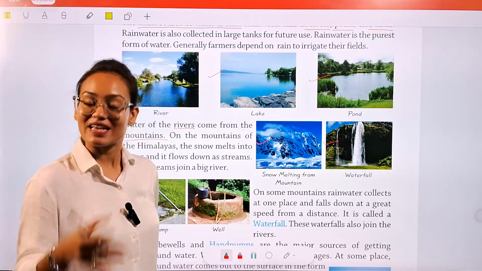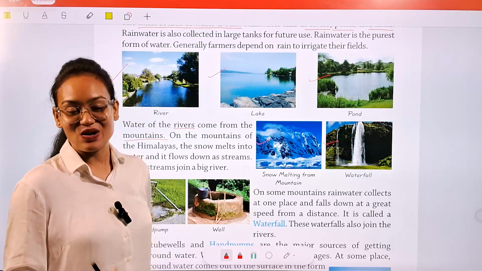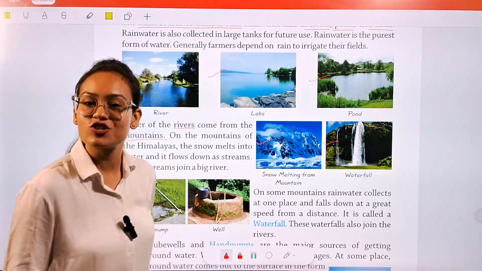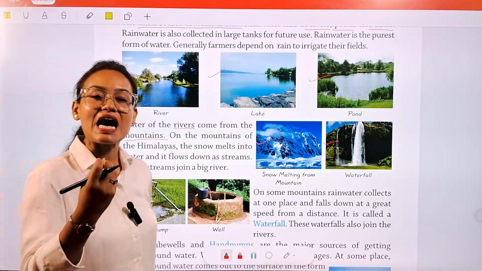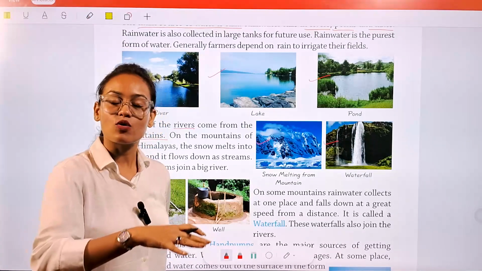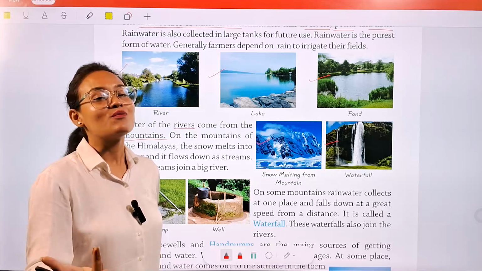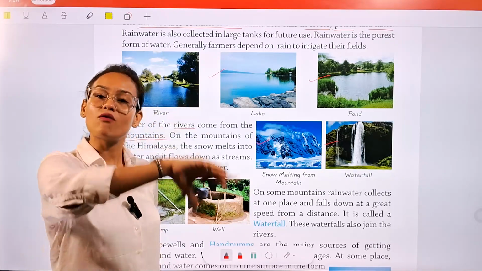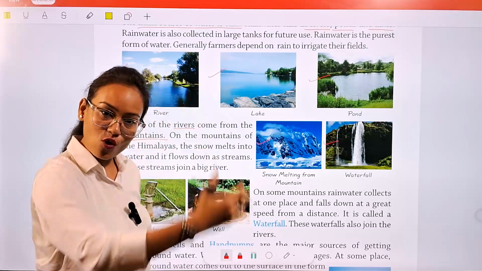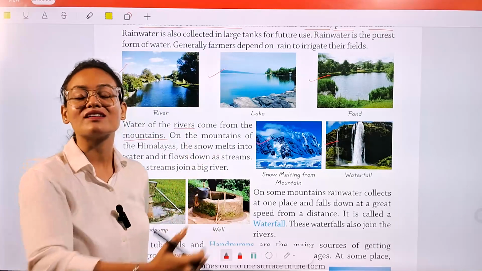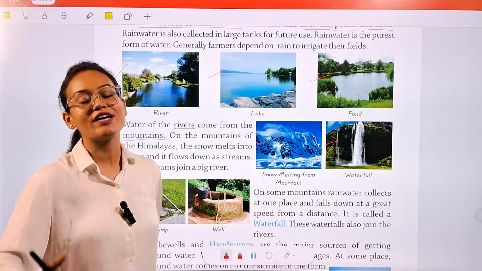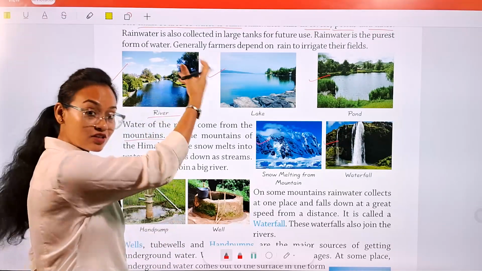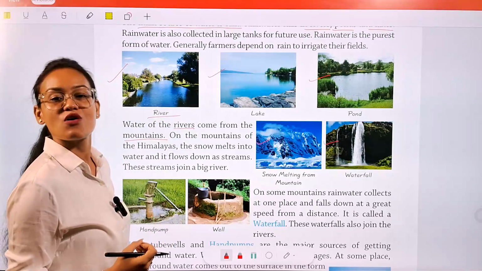In Himalayan regions, here I am talking about our country India, okay. In Himalayan regions, my dear students, there are a large number of glaciers present, okay. So when the ice of those glaciers melts, okay, it takes the form of water because glaciers are solid. When solid is converted into liquid, it becomes water, okay. So those water streams started flowing and later on they joined with big rivers, okay, and they act as our major source of water.